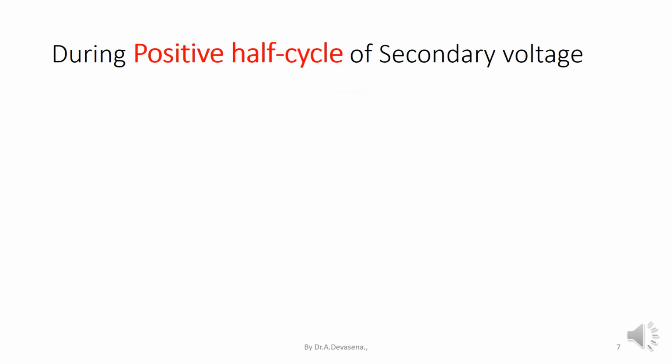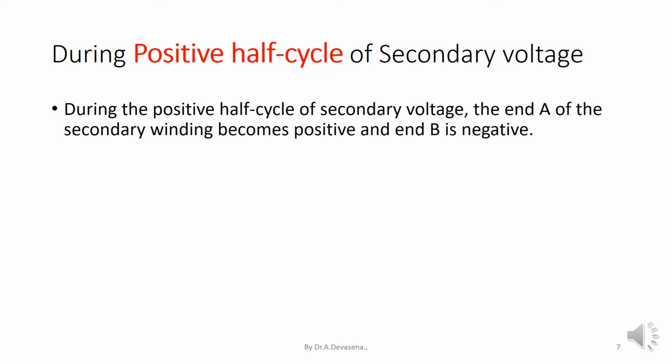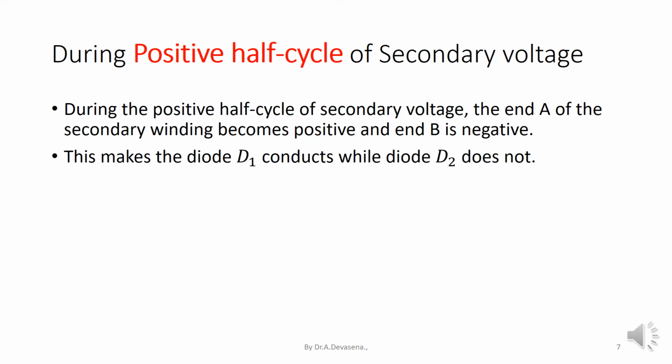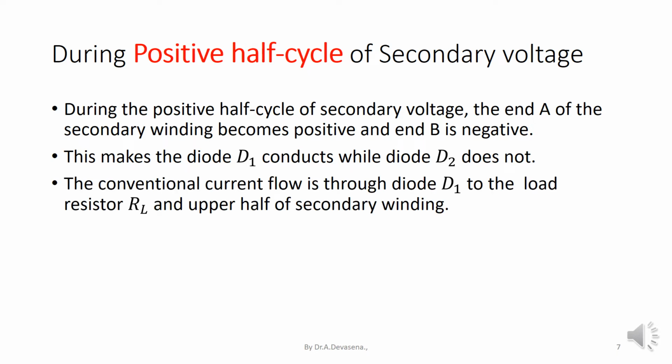During the positive half cycle of the secondary voltage, the end A of the secondary winding becomes positive and end B is negative. This makes the diode D1 conduct while the diode D2 does not. That is, diode D1 is forward biased and diode D2 is reverse biased. Because of this, diode D1 conducts and diode D2 does not conduct. The conventional current flow is through the diode D1 to the load resistor RL and upper half of the secondary